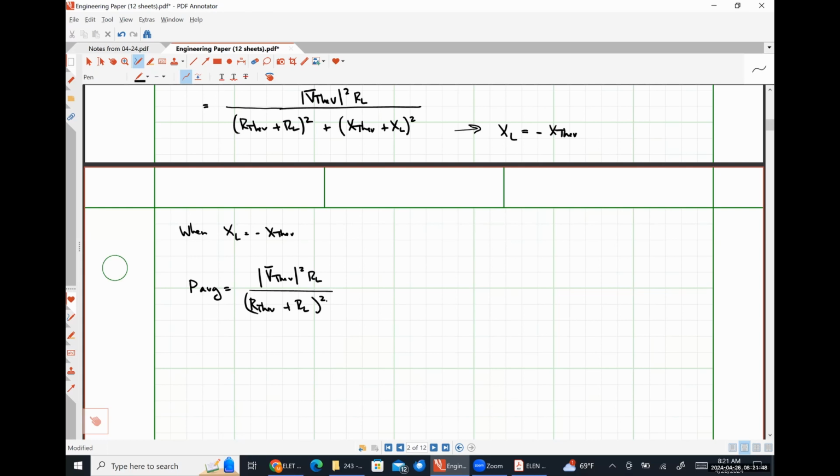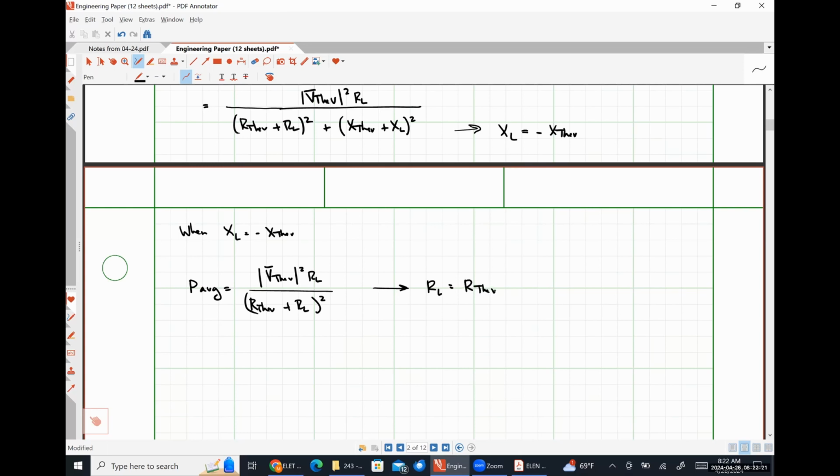Does that relationship look familiar? It should. I wrote it down pretty much exactly when we were looking at our DC circuit. It's the exact same thing, except we have the magnitude of a Thevenin voltage instead of a DC Thevenin voltage. Literally everything else is the same. So from this equation, because we already dealt with it in circuits 1, we could say that for maximum average power transfer to occur, we need RL to be equal to positive